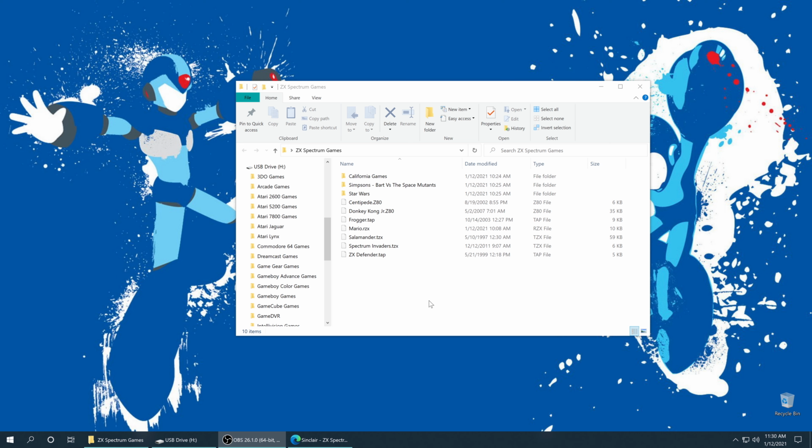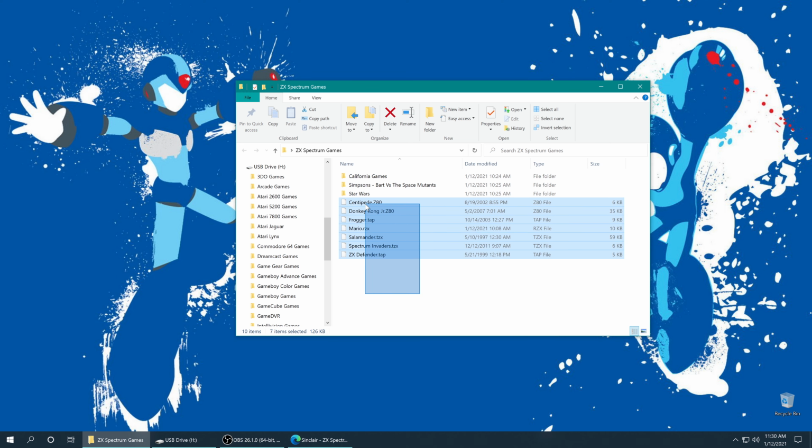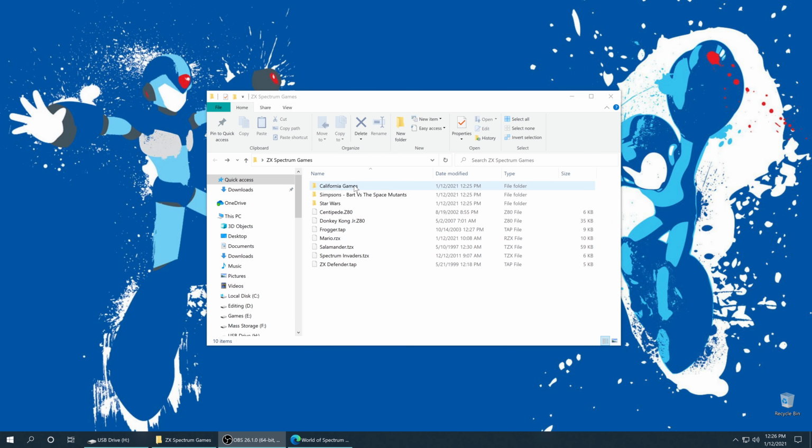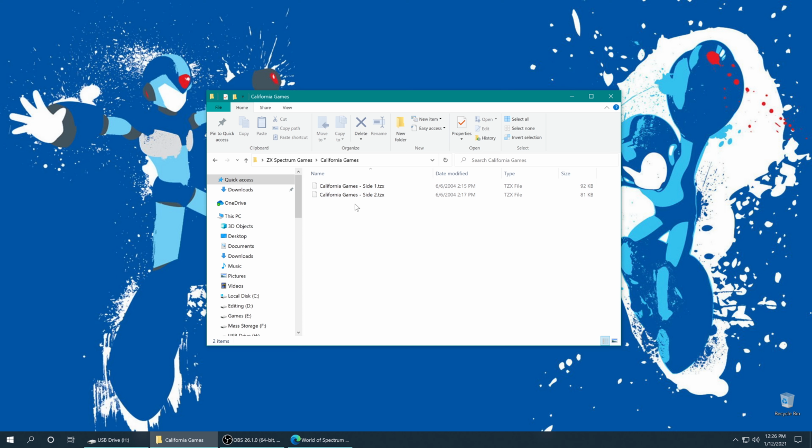So if you have a selection of games that are only a single file, these can be stored on USB and run just fine without any worries. But there are some games that come with two sides of the same tape, and I'm honestly not sure what the proper way of handling this is. I've tried doing it as an M3U playlist, but the ZX Spectrum core doesn't support swapping discs or anything like that, and it wouldn't load from the M3U playlist,